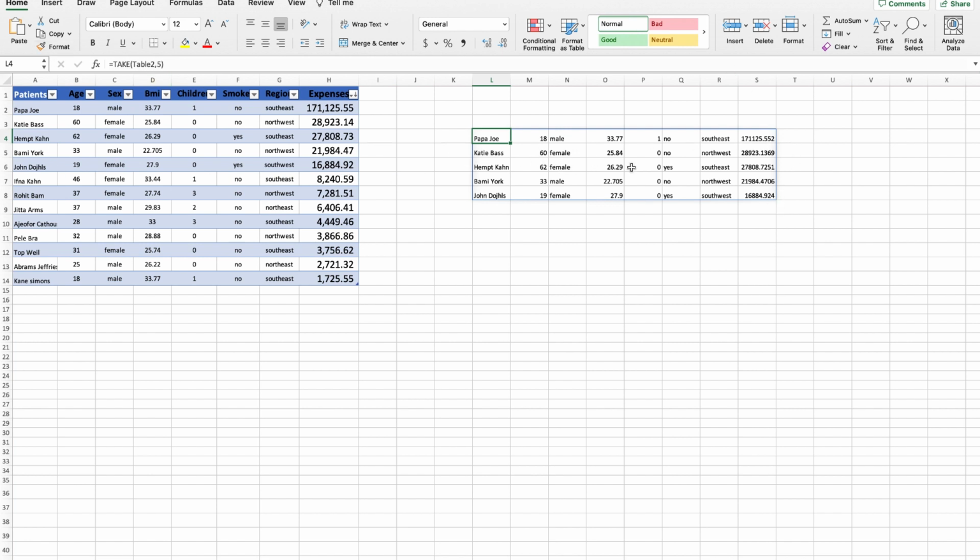Now if I put a boundary to this, say I want to just look up to the third column, it's not going to take all the record. It's going to stop here at the third, which is 6. So the gender is where it's going to stop. If I enter, this is what we have. We only have 3 columns, right? You have the name, you have the age, and then the gender. So that's where it stops. And that's what the take function is doing right here. So clearly you can see